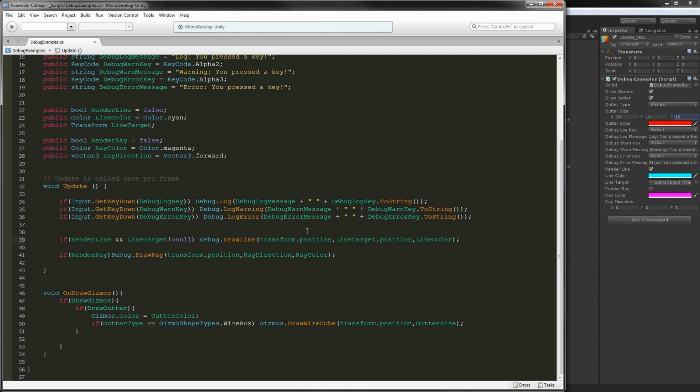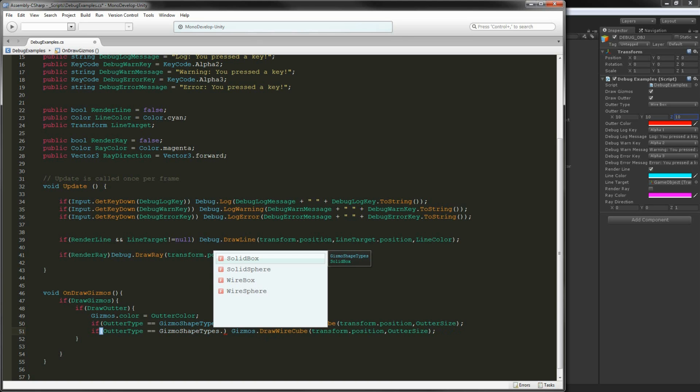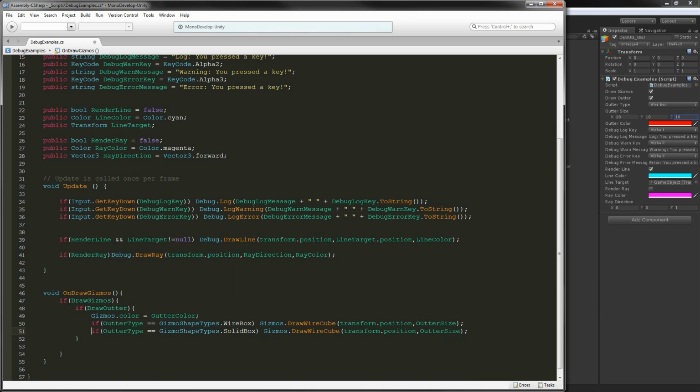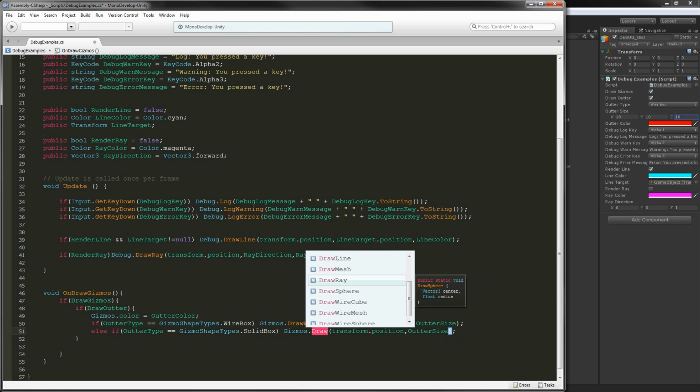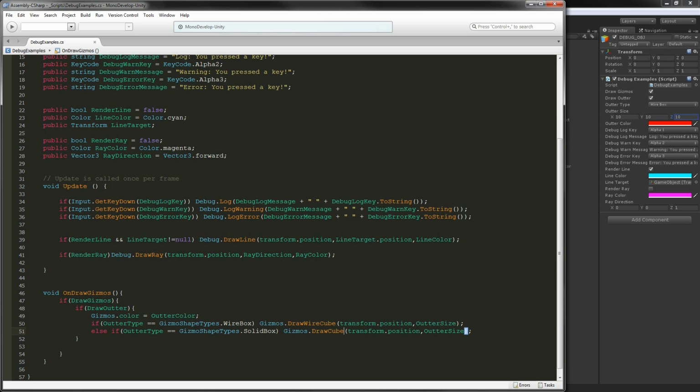All right. So the next thing we're going to do is handle the next case, which can be whatever we want it to be. It doesn't have to be wire box. It can be solid box if we want. But we're going to want to put an else after this, because it's only ever going to be one thing, and we don't want to run more lines of code than we need. So if we're running a solid box, we're going to want to draw, where is it? Draw cube. There it is. And it's all the exact same information, because we're just rendering a box in a different way. So the next thing we're going to want to do is copy this line down,